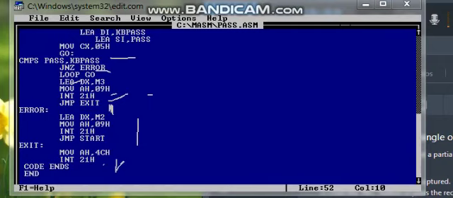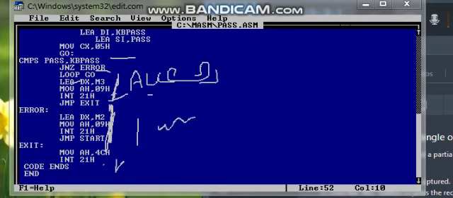If both the passwords are not the same, then it will display the error, wrong password, enter the new password. So this is the message for error, M2. Then if both the passwords are the same, it will display the M3 message, which is access granted. And this is for wrong password. So this is the program for password verification.